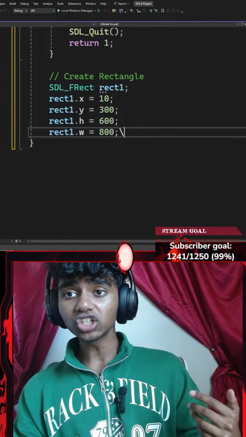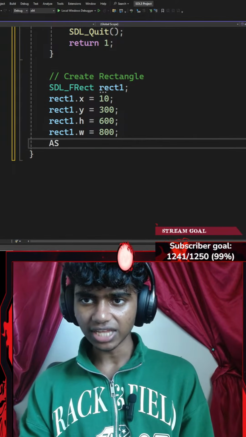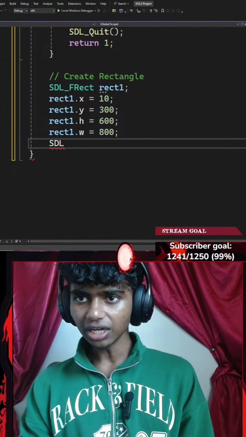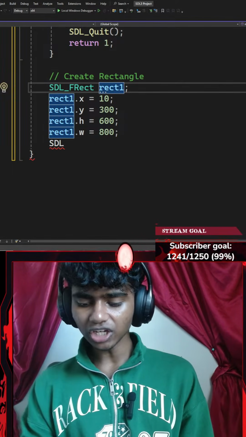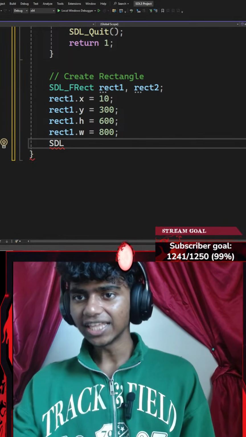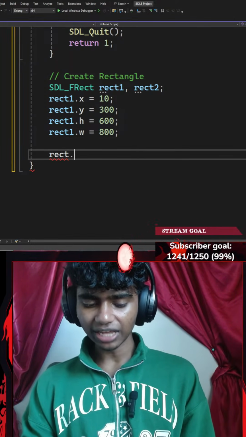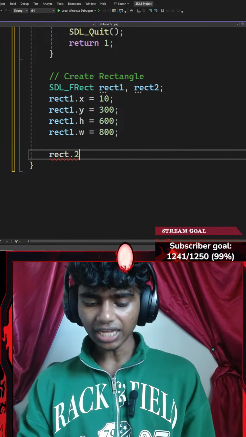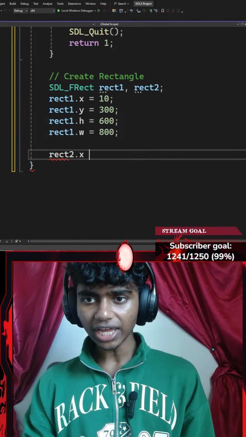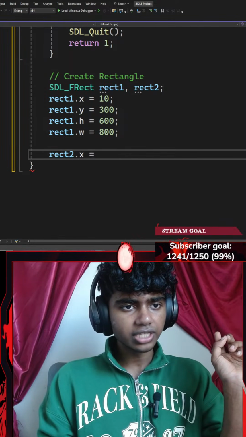Okay, now let's go ahead and create my second rect. So I'm going to create another SDL_FRect. Honestly, I'm just curious, could I go with something like rect2? Okay, I can. I think, guys, that's going to save so much time. Next up, I'll do rect2 dot x-axis, which is going to be equal to,